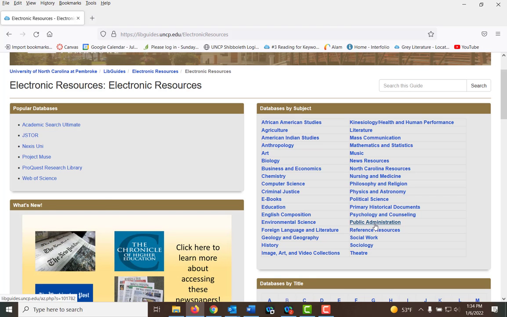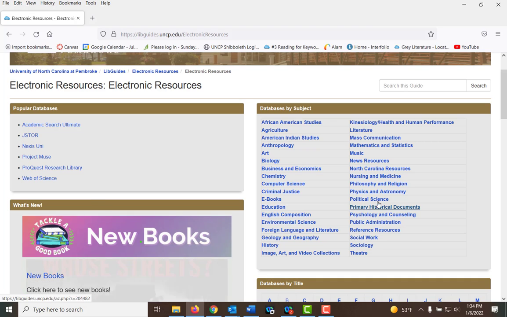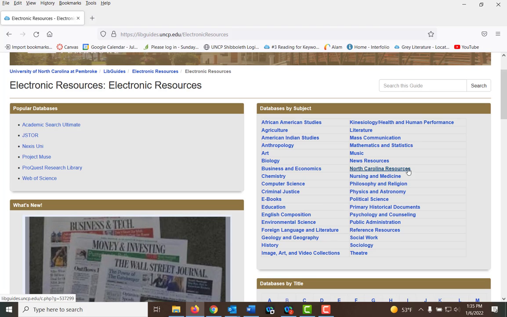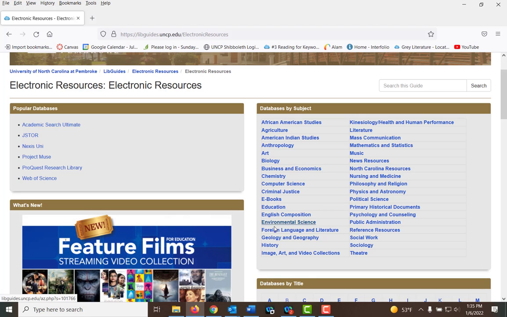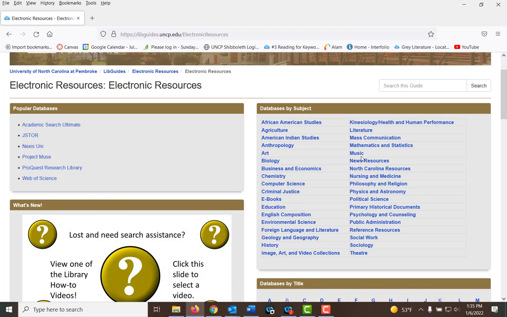If they're doing an MPA in healthcare or health services, you'll probably want to search some of the nursing and medical databases, maybe even some of the health and human performance databases. The same is true with the MAT people who are doing Masters of Arts in Teaching and Social Studies. You may be in education databases, but also history databases, and the MAT in English, education, and the literature databases. So please remember that.